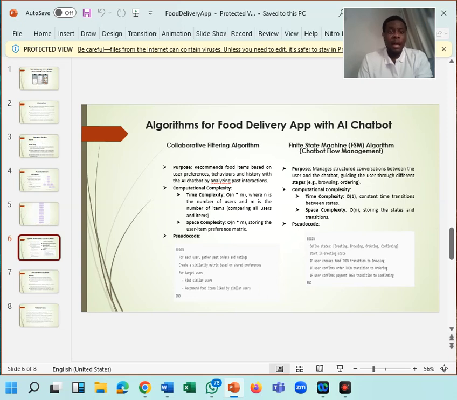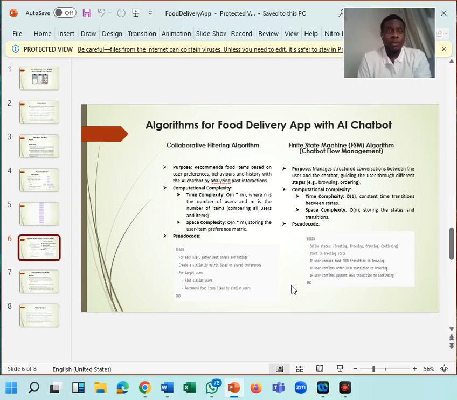While the user is using the app, unknown to the user, the application is picking up some of his or her behaviors. Some certain decisions the user is making, the application is also picking up, and subsequently, you will see that the food items recommended to this particular user will be based on past history and previous orders, before patterns are detected. Those patterns are identified and used to provide a kind of tailored and personalized service to this particular user.